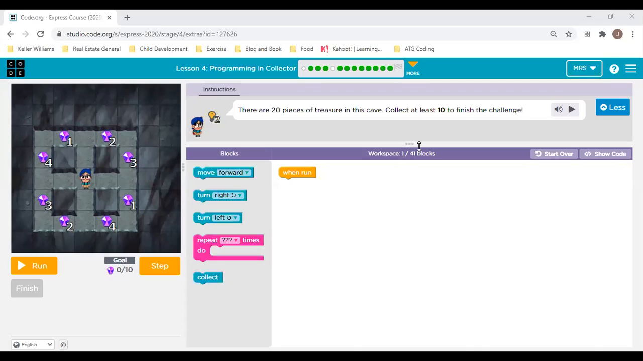Okay. Can you quickly help me to code? What should I do first? Move forward. Okay. How many times? Repeat 2 times. Okay. And then? And then turn right. Okay. And then